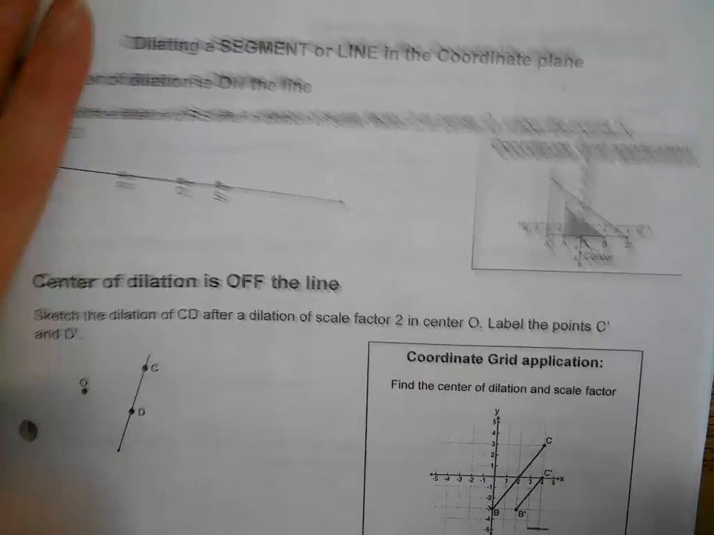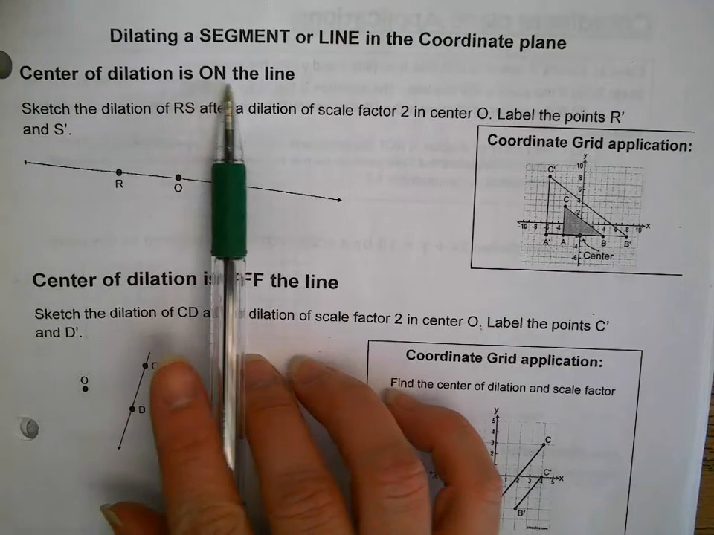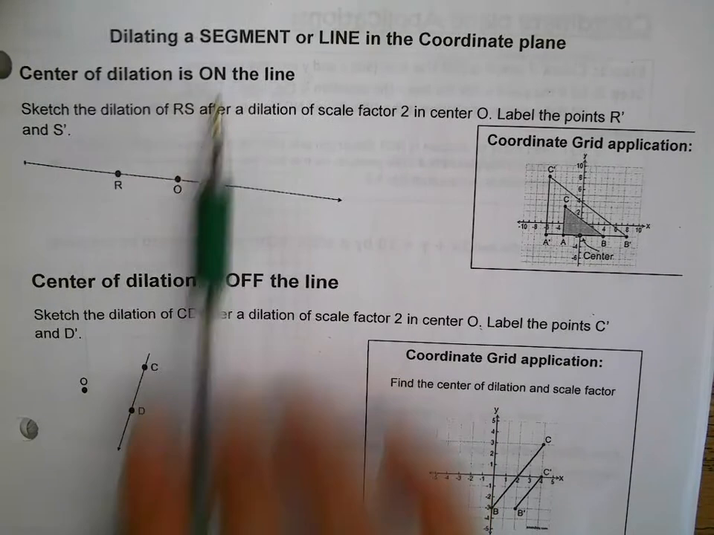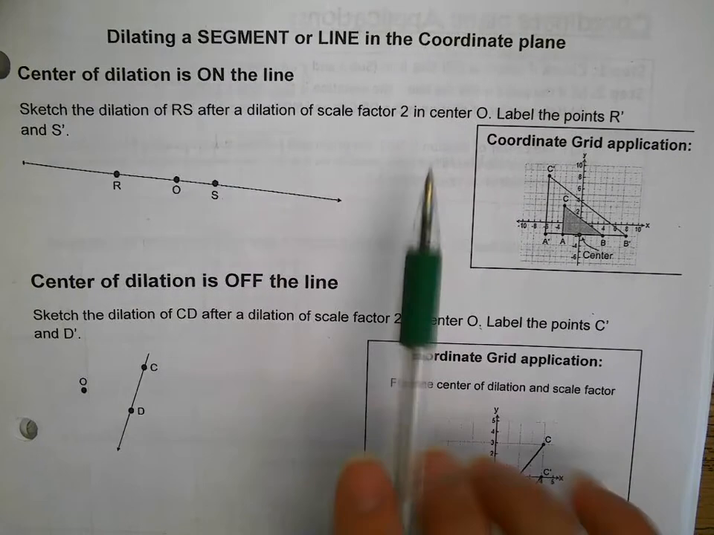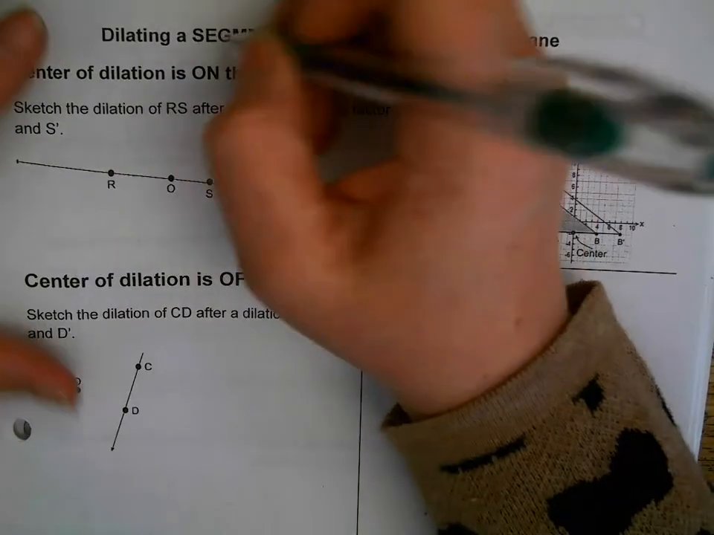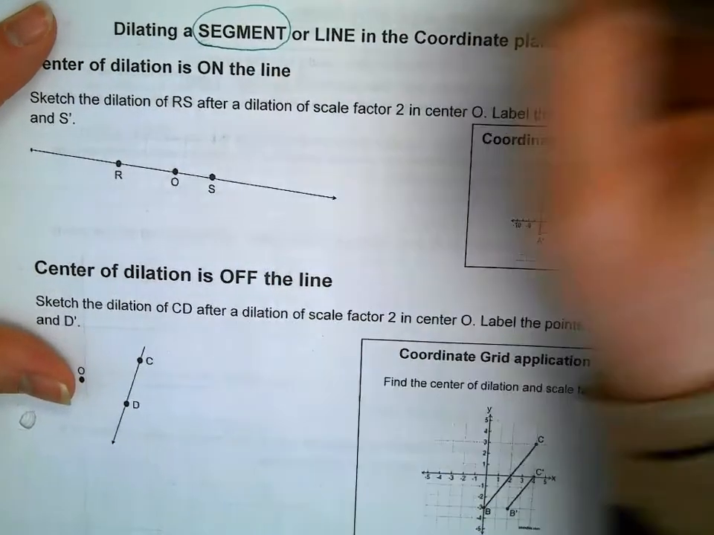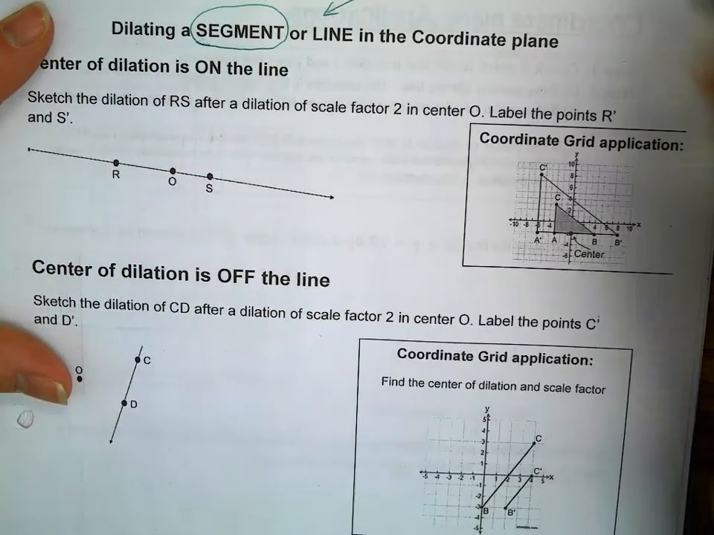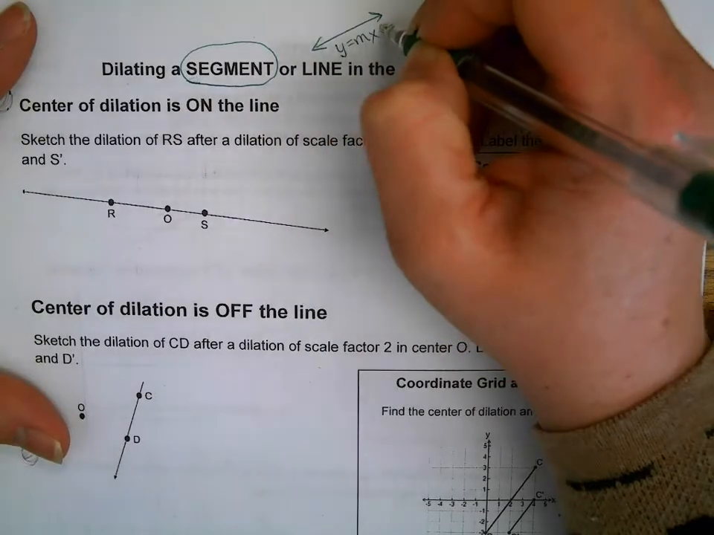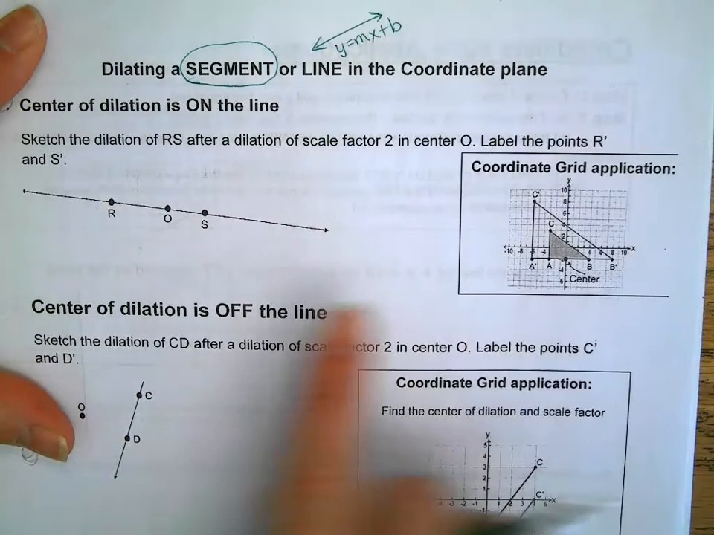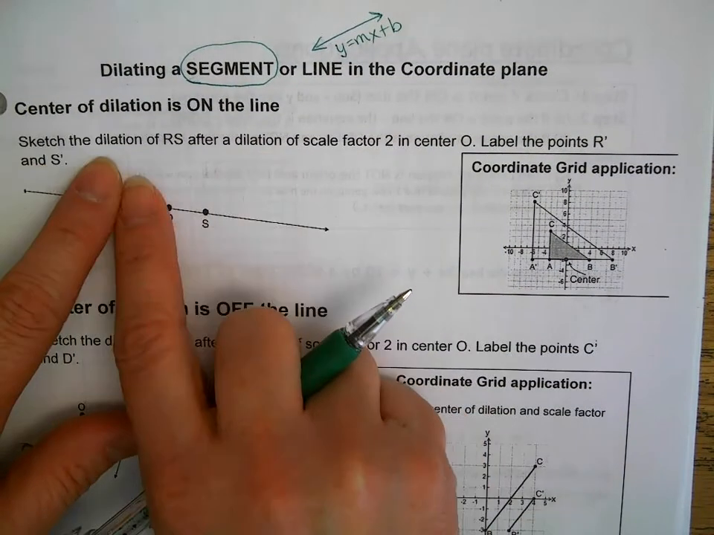This next question is related to a dilation where you're on the line with the center of dilation or where your center of dilation is off the line. And we're also going to extend that for segments and infinite lines. So thinking y equals mx plus b. So if your center of dilation is on the line, so sketch